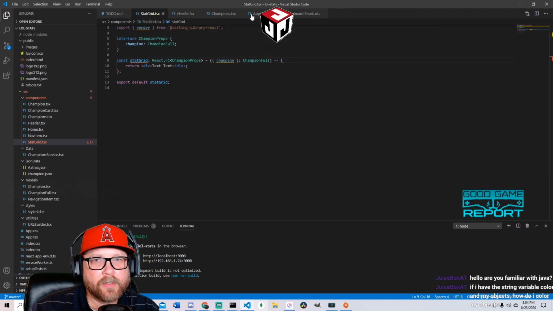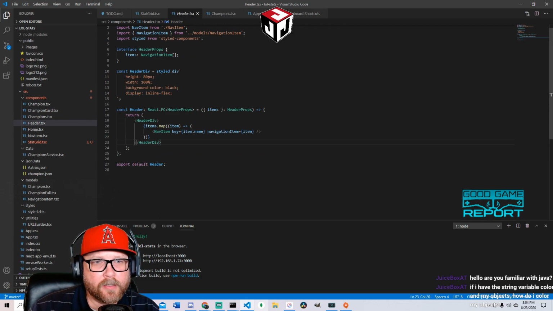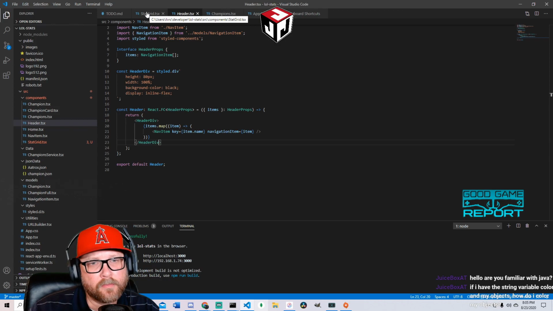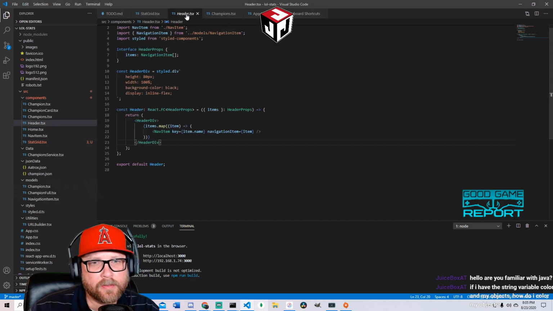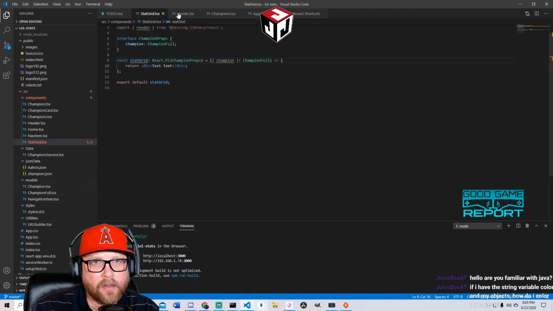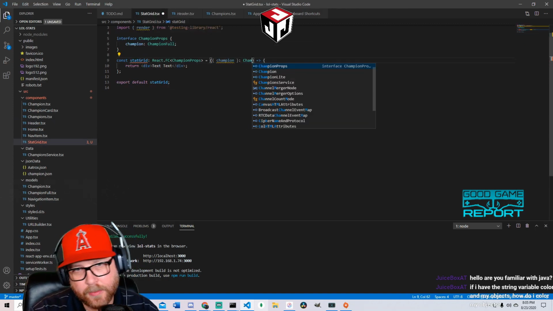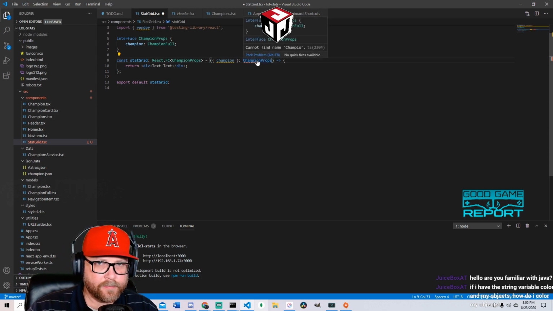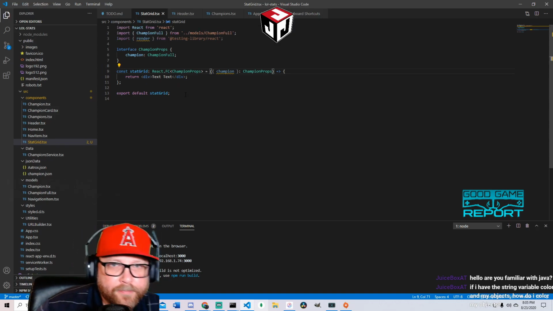I'm confused. Header. Const header of type React function component with the champion props. Oh, is this supposed to be champion props? Yeah, that's right. Oh, okay, there we go. But all right, I don't know why.